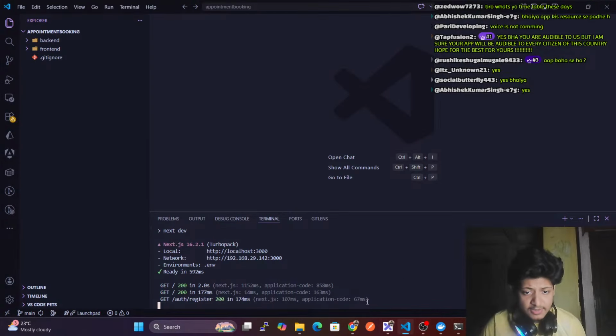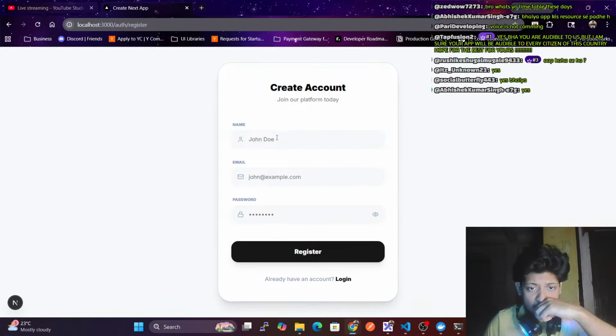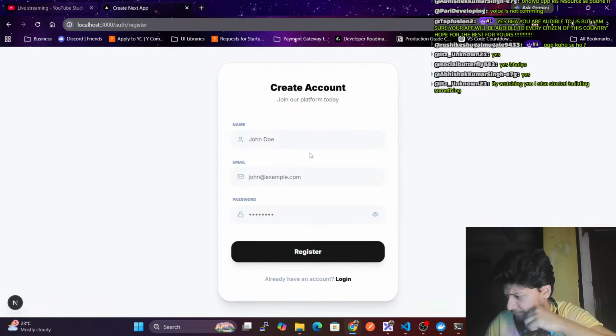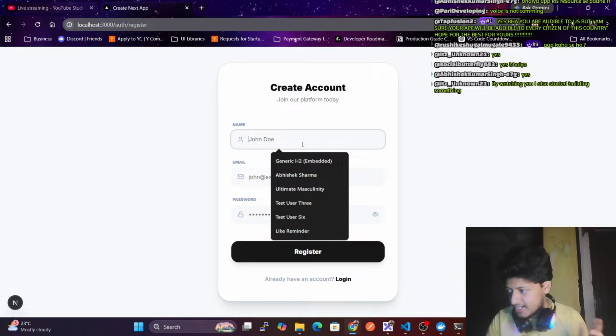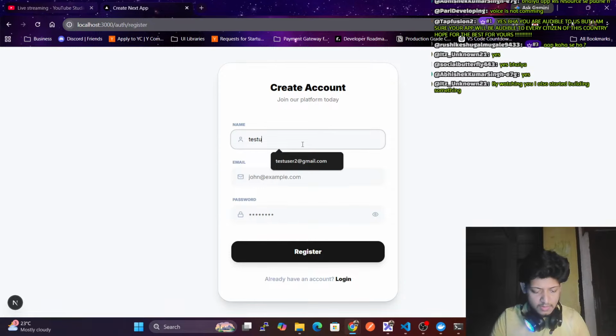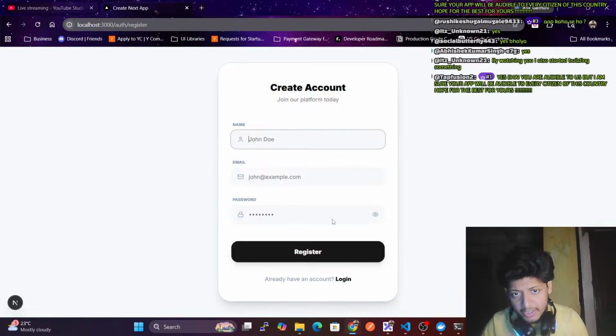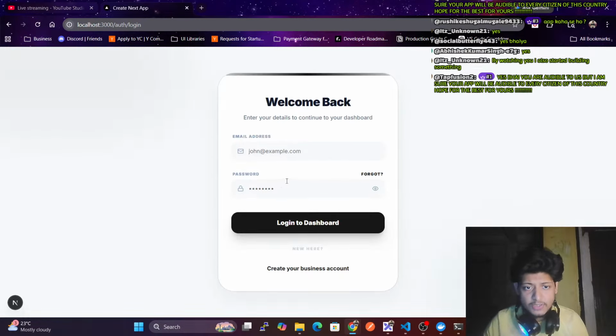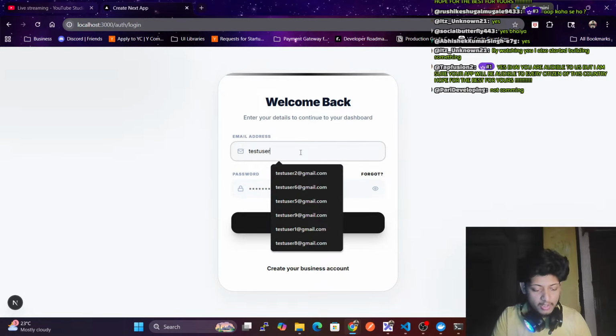So we have this again. By watching you, I also started building something. That's great. Just stay consistent and do it every single day. By the way, we have refactored the UI, and this is how the UI looks right now. This is the register page, and this is the login page. So now, if I log in,